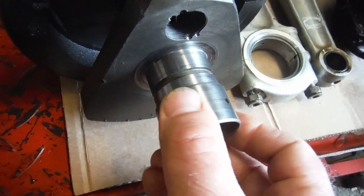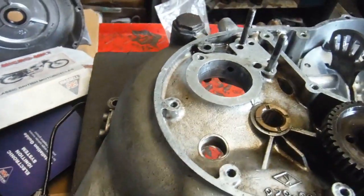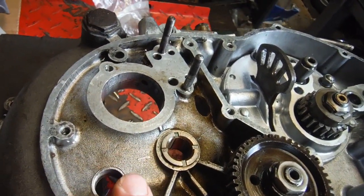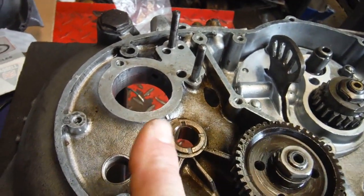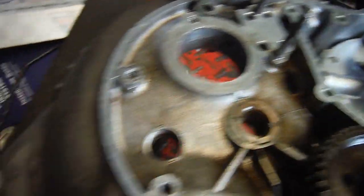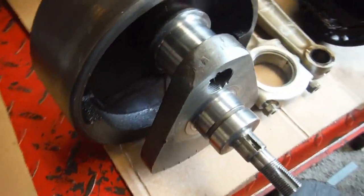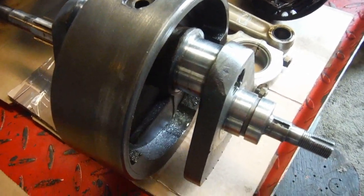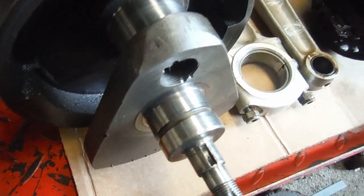So then what I'm going to do, with the timing side bush and its housing fitted into this crankcase, as I did last time around and it worked out fine, I'll take the crankcase with the bush fitted and the crank up to my friend who does my regrinds and crank polishings, rebores, valve seats, everything. He does a great job, and I'll get him to just verify